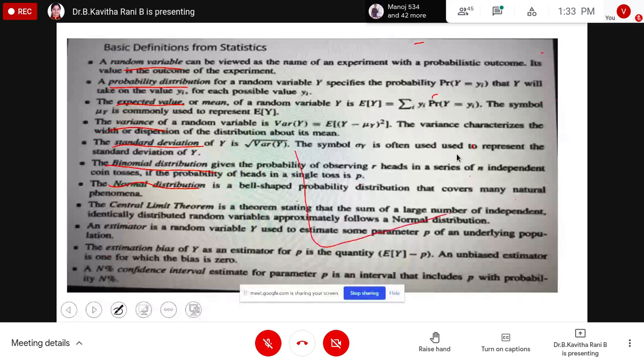I have plotted the data in this way. This is less weight with a small number of students, more weight with a small number of students. Whatever this particular area is, this is the average of the students. Most of the students fall in this particular range, who will have neither less nor more, meaning the medium range. Many people are in the medium range. So this is the range.